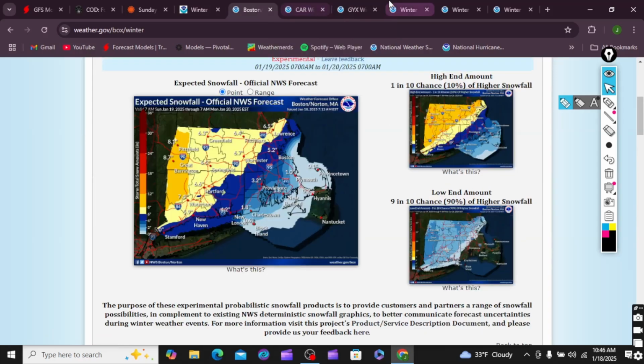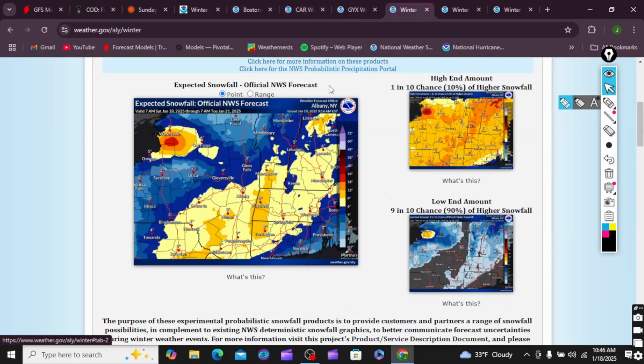Then we take a look at the general areas, Connecticut, all these areas back into western New York. Generally 4 to 8, 6 to 10 inches across those regions. You could get even higher snowfall amounts.